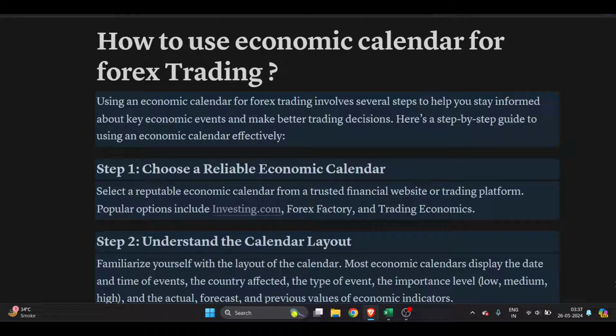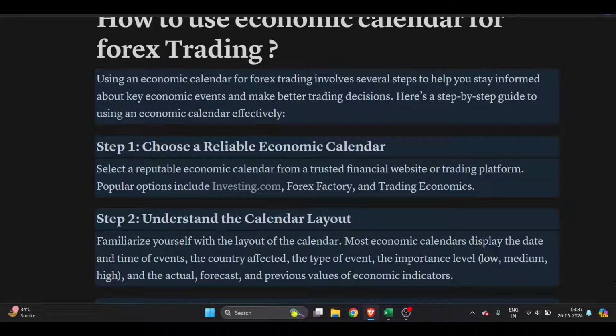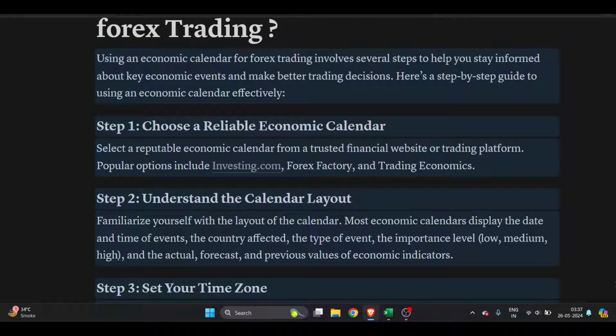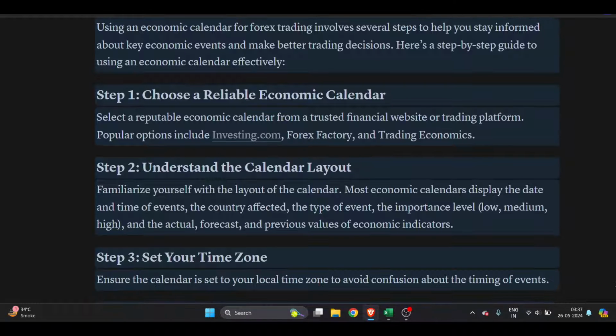Hello everyone, in this video we are going to discuss how to use an economic calendar for forex trading. This is very important for the trader, that's why I have made a step-by-step guide to using an economic calendar effectively. Right, so the first thing is you have to select a reputable economic calendar